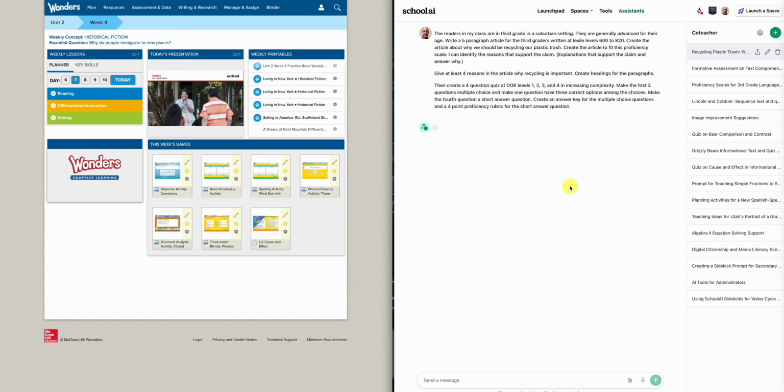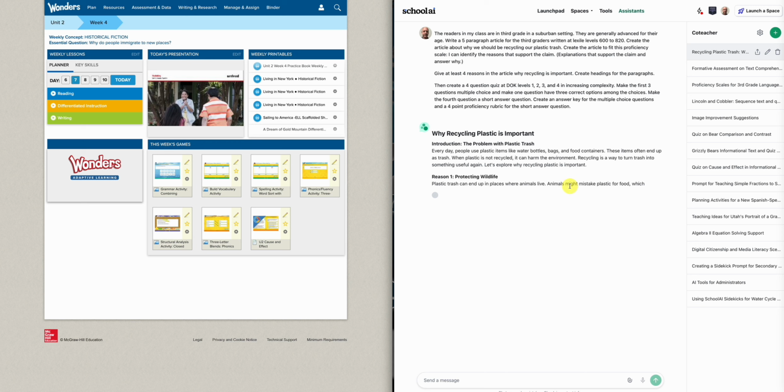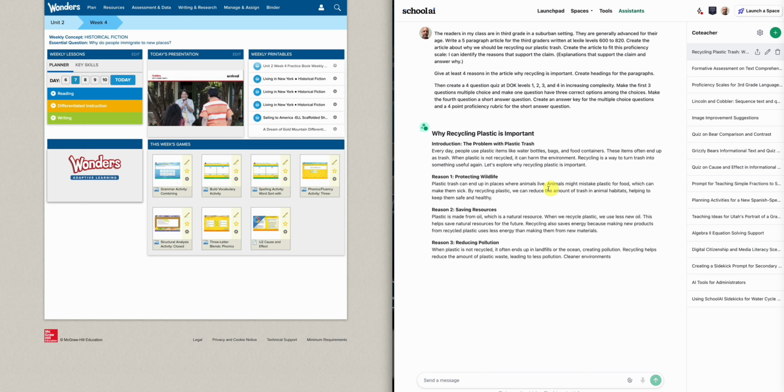So let's let the GPT go ahead and create this article for us, and then we'll take a look at it to make sure that it provides some reasons. You can see these have headings about the reasons. Hopefully that's